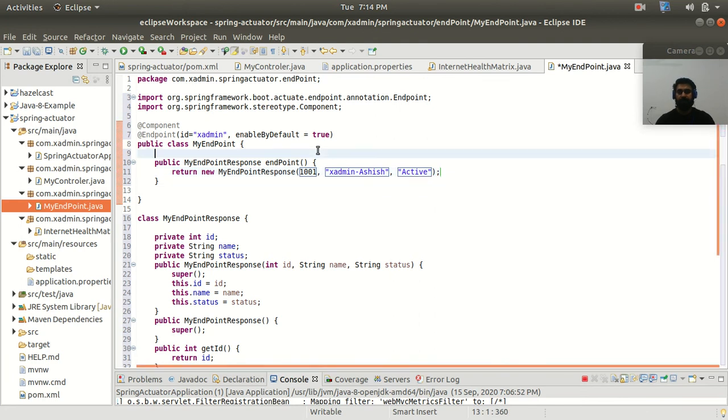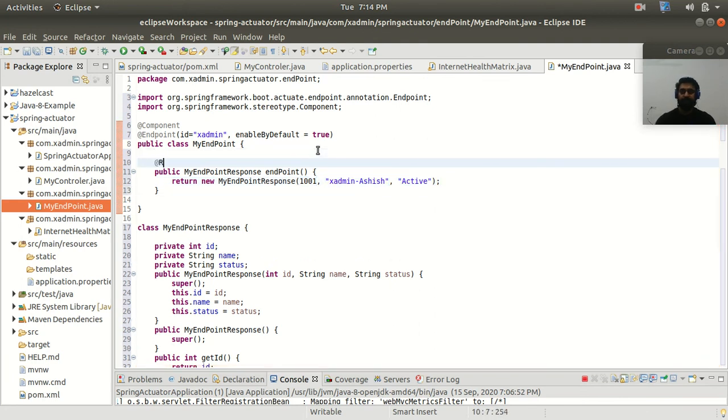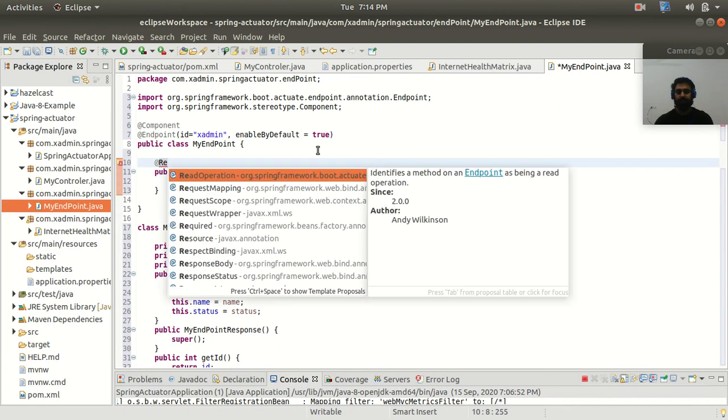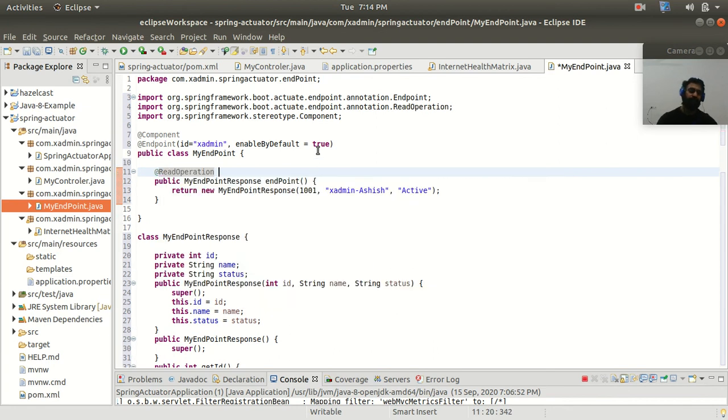All right, and guys, here I need to mark this with the read operation, because here I am doing a read operation. In the same way you can mark this with a write operation and a delete operation also, but here I am doing a read operation.